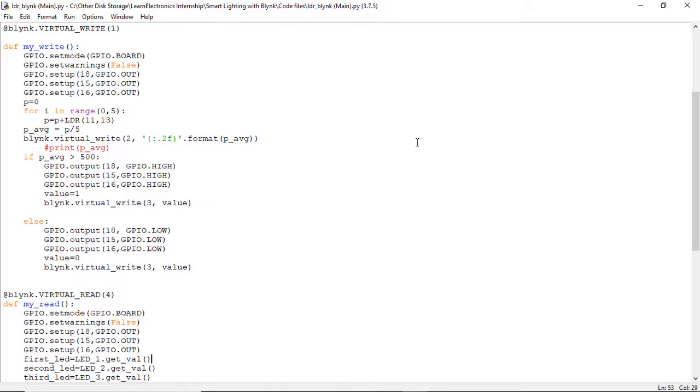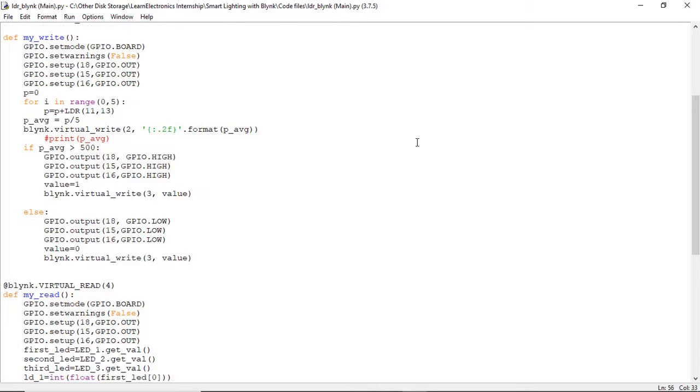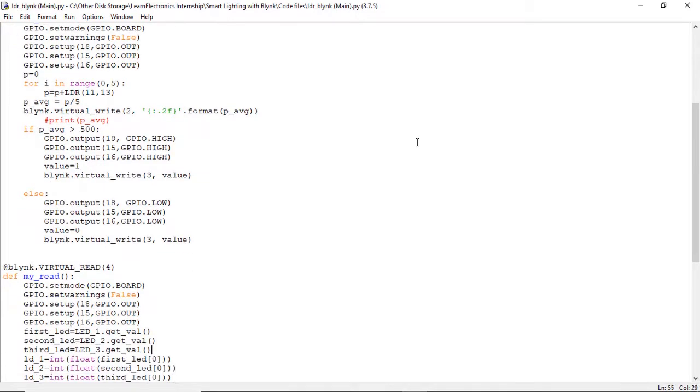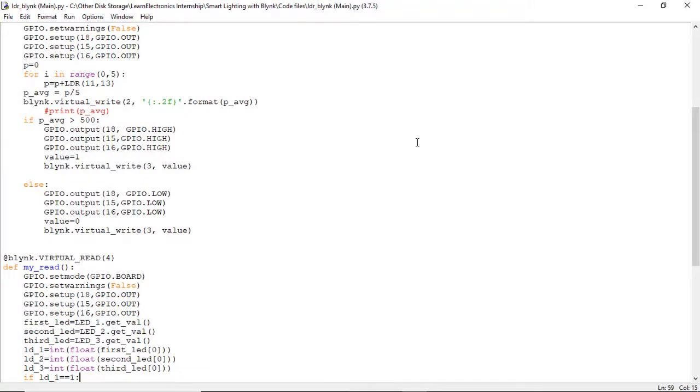The value could be 0 or 1. So we try to record those values and store them in a particular variable. So that would be done by the get value function. First LED, second LED and third LED, we take their status, and then you'd be getting the values in a Unicode string here. So to convert the Unicode string into normal integer values, we use int and float declarations, then get it back into integers.